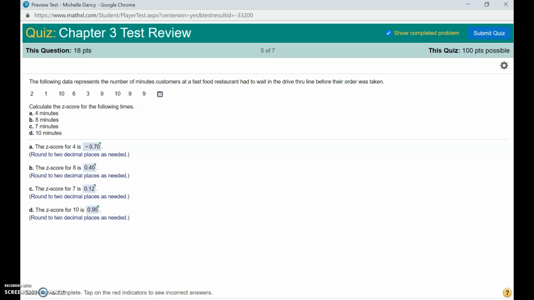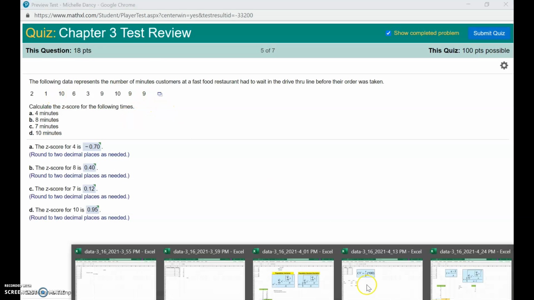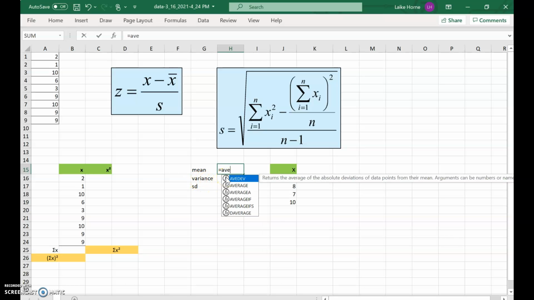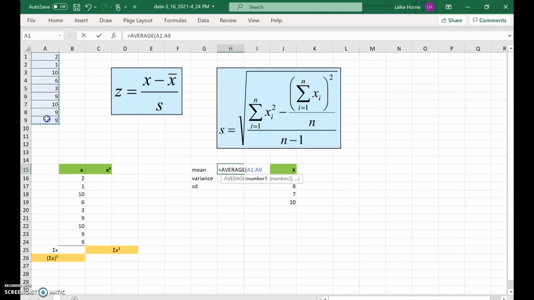Okay, this is part 2 of the chapter 3 review. We're looking at z-scores, and so we have to open this in Excel, or you can work it on your paper. So I've already set this up using the formula, but what we're going to do is we have to know the mean, the standard deviation, and to get the standard deviation, we first have to get the variance. So we could do this quickly by just using the average formula for the mean,